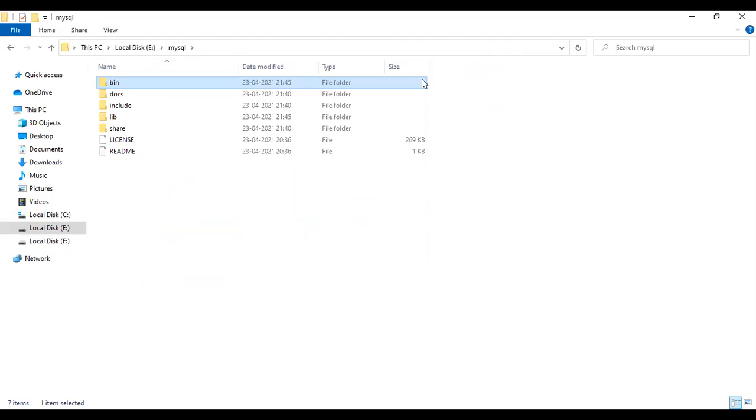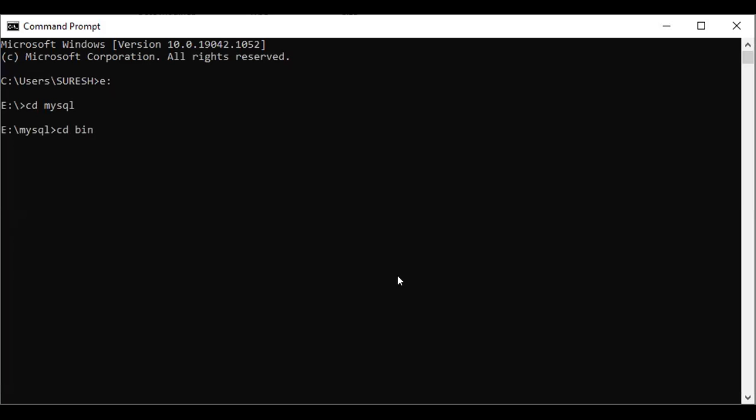We need to start this, so go to command prompt here, cd space bin. Currently we are here, and type the command mysqld space double hyphen console, to start the MySQL console and initialize.